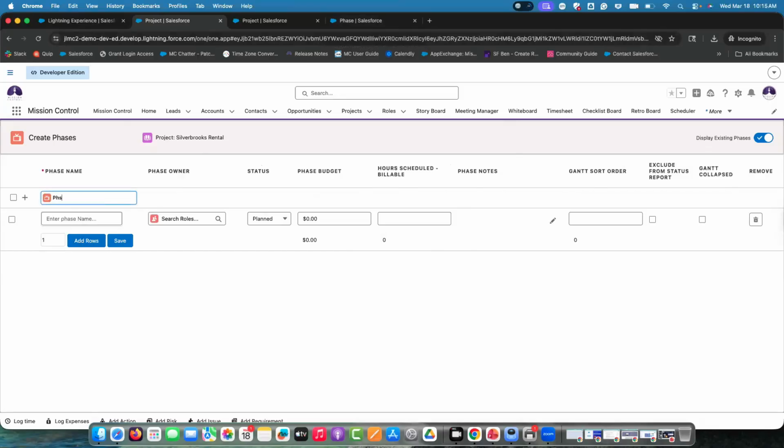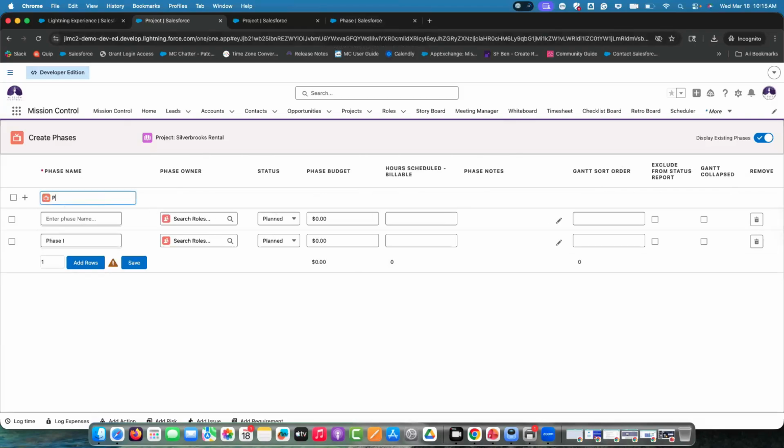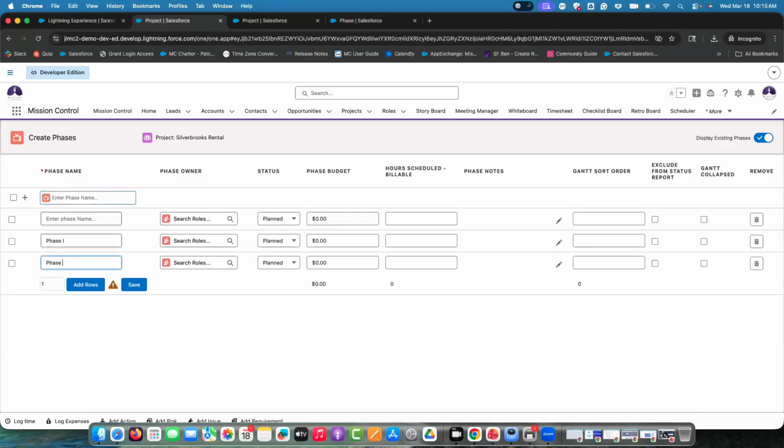So let's say I wanted to just go ahead and name our phases 1, 2, and 3. So I can go ahead and name that phase 1. And this is a phase adding lookup. So we're just going to add those down, right? Add those down. But let's say I want to name them 1, 2, and 3. We already have one here. So I'm just going to name that one 3 in this case, and you can add that by clicking the